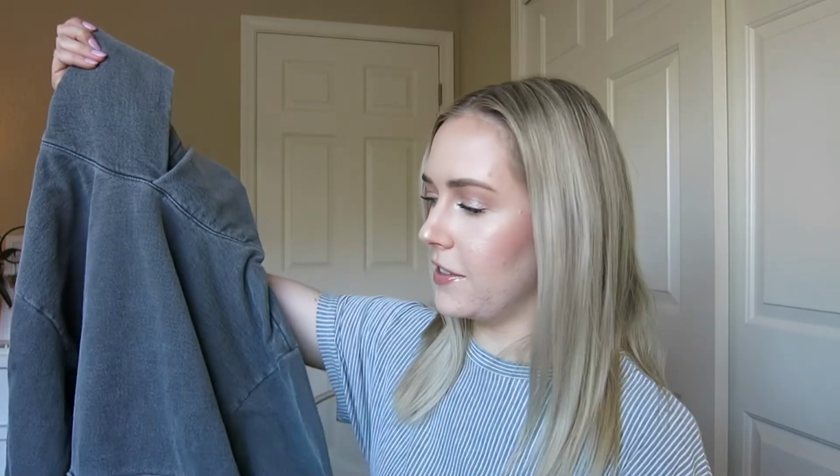I've worn this to dinner with friends. I've worn it basically anywhere. I've worn it out, I've worn it just lounging around, and I feel like it just looks cool. With leather pants, I wore it out to dinner, or just with my leggings, I've worn it at home. I wore it with athletic leggings and Vans for a cute look for the movies. It's one of those hoodies that looks cool and like you tried, even though it's just a